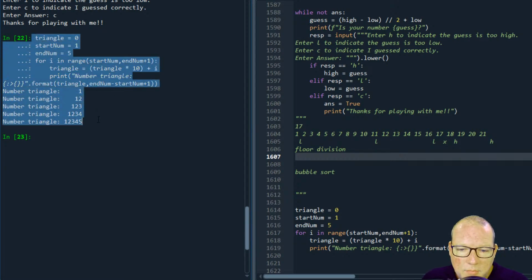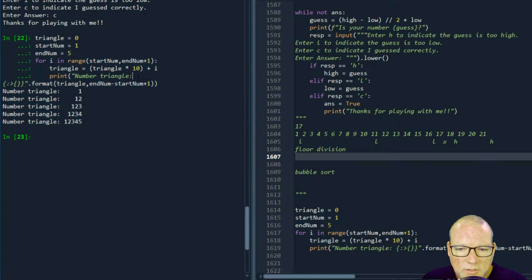We had somebody a while back who did something by accident and got it to work. Did this work the exact way that you were expecting it to? Because I really like all of these constraints, and then each time through printing out the number triangle. So I think that's very awesome. But if you don't have any questions on this, I'm going to go and try to answer Nico's question.